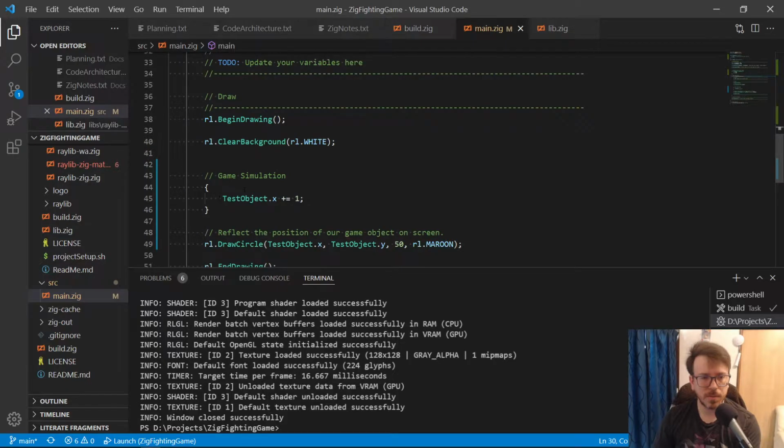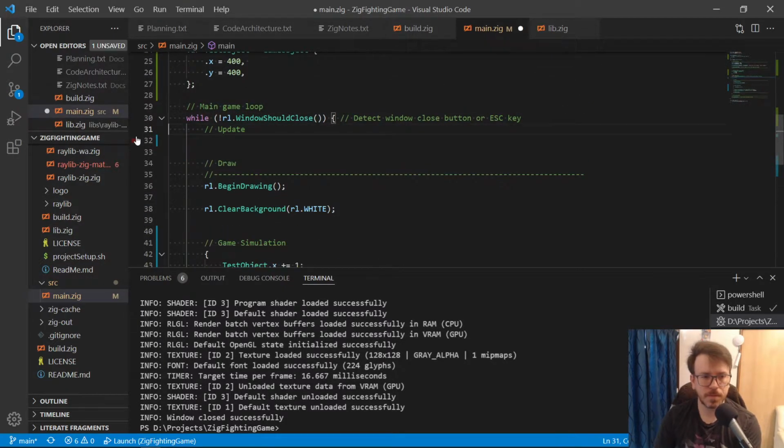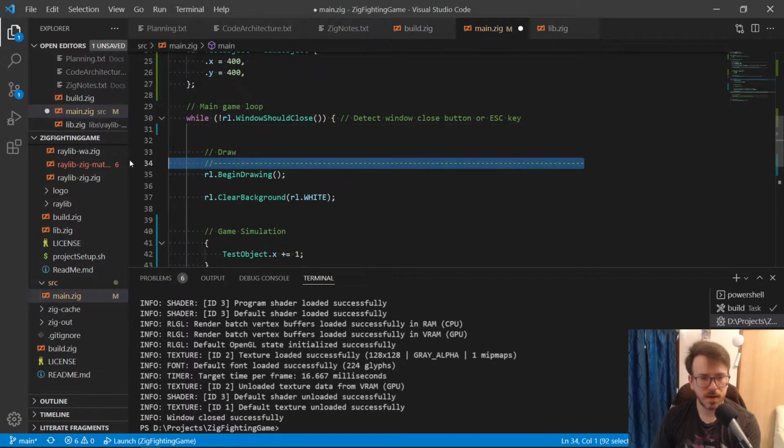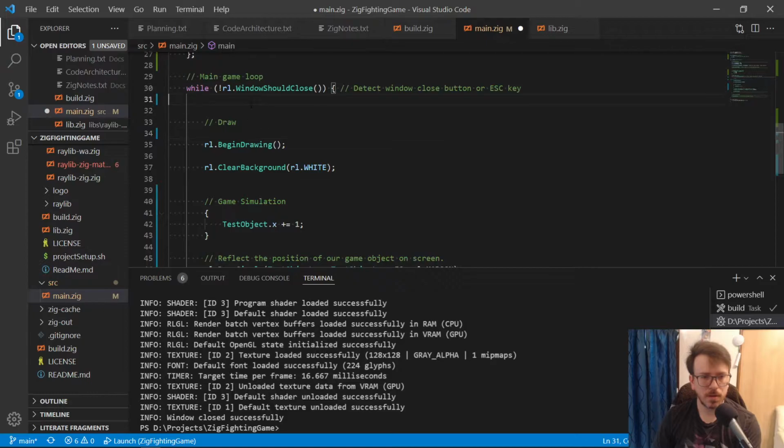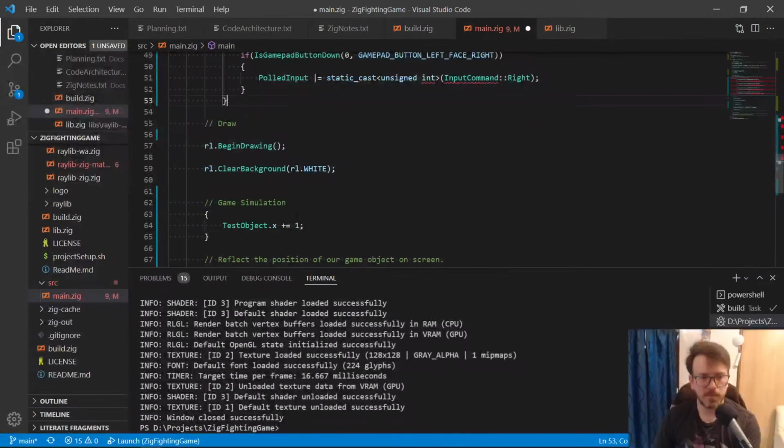I'm going to move this simulation up a little bit real quick. Yeah, I'm going to get rid of this, because this is the example code it came with. Okay. I'm going to put this in here just for a second temporarily, then move this up.